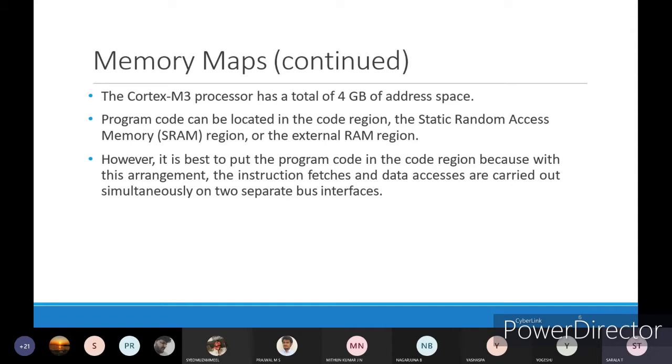Then in parallel, whenever you are fetching the instruction, you can take the data also. For that reason, both separate buses can transfer data simultaneously. By doing that, the execution speed will increase and the efficiency will also increase.